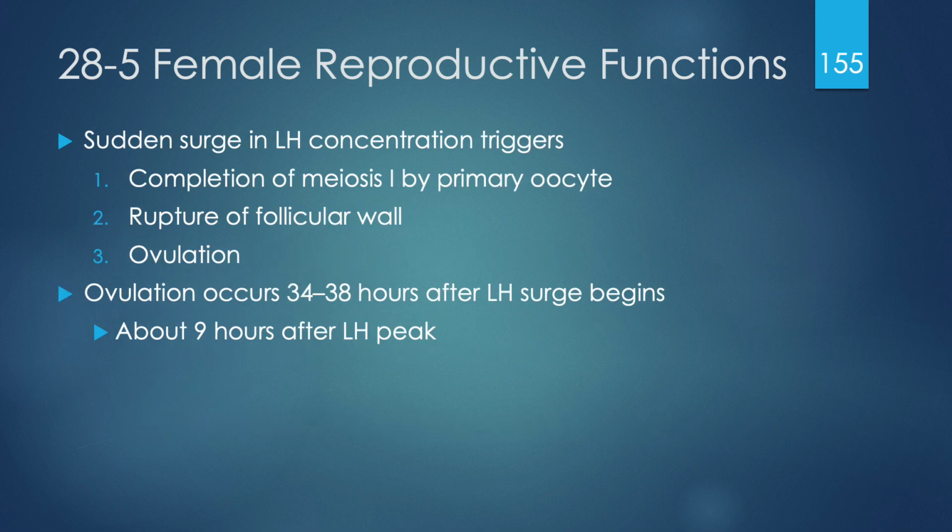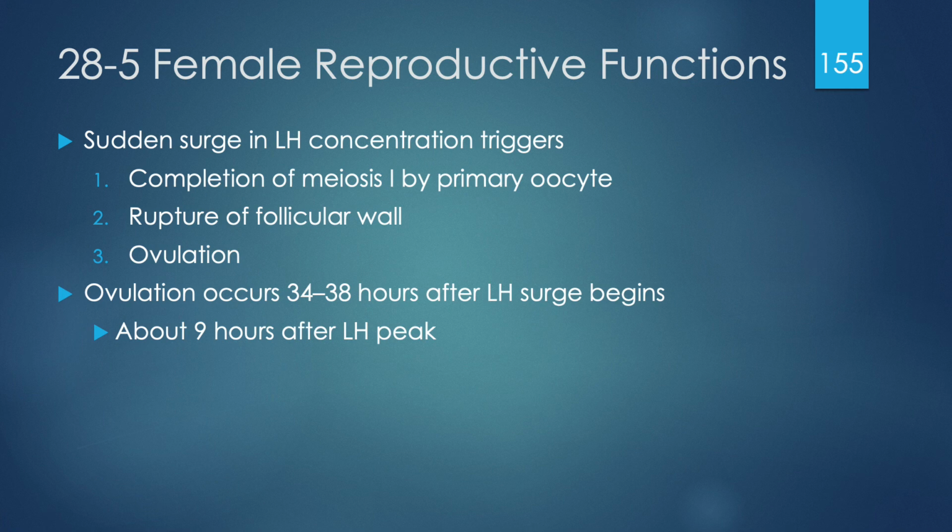The surge in luteinizing hormone is going to trigger a few things. The first is that meiosis 1 will be completed by the primary oocyte. The second thing that it triggers is the rupture of the follicular wall, which results in ovulation. So ovulation occurs 34 to 38 hours after the luteinizing hormone surge occurs, and this is about 9 hours after the